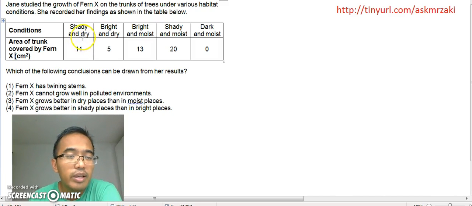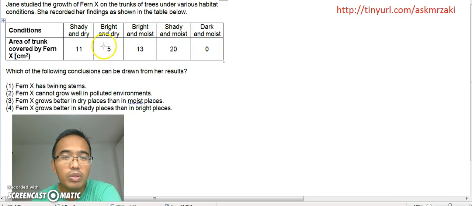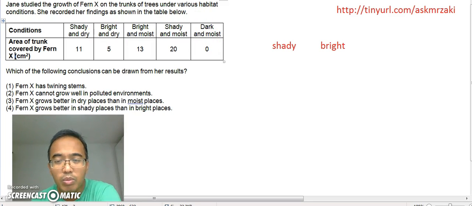It has shady and dry, bright and dry, so there's a dry there together. Bright and moist, shady and moist, so there's moist there together. And then there's this two bright here, and there's this two shady here, and then there's another one here, dark and moist. So what I would do is normally just